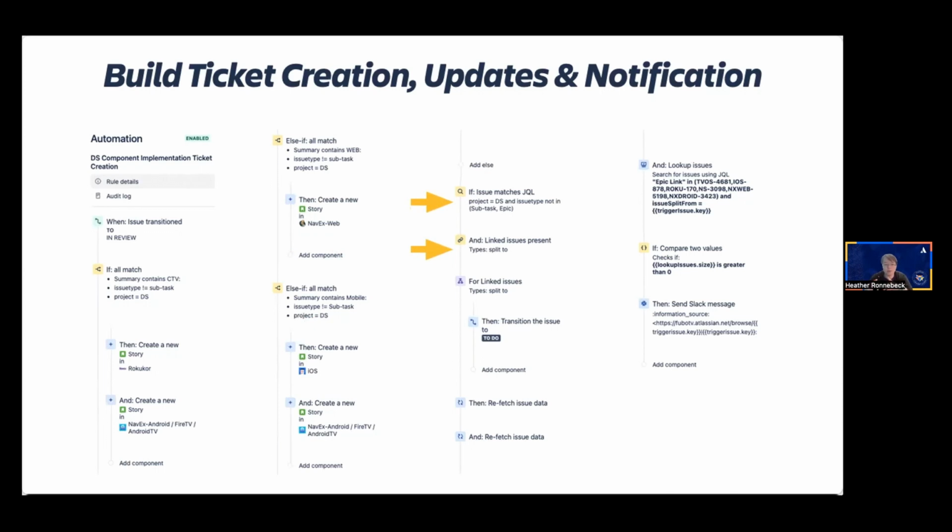Now, remember, in real life, the tickets would be linked with all kinds of junk. So we also just wanted to pull out the ones we cared about to make this work. So we had to train everybody to link it specifically with the right link type. Once we go through here, we then submit a branch to transition each of them into the to-do status.